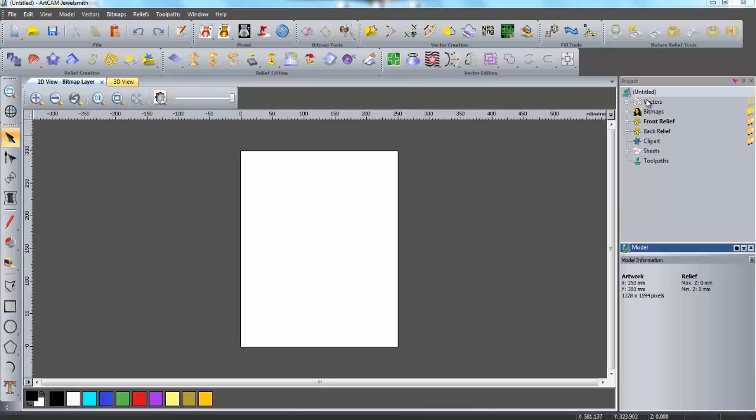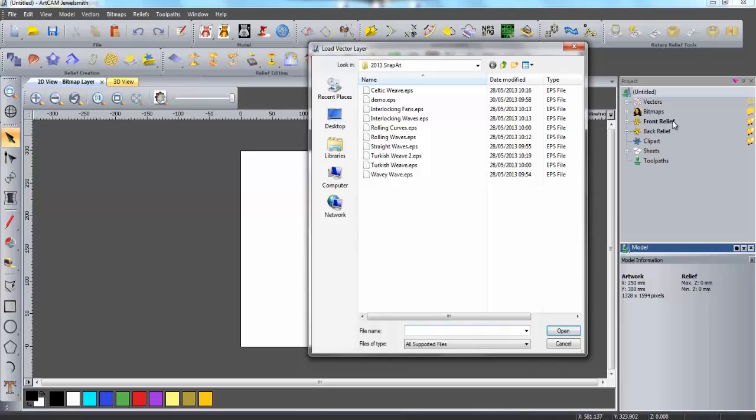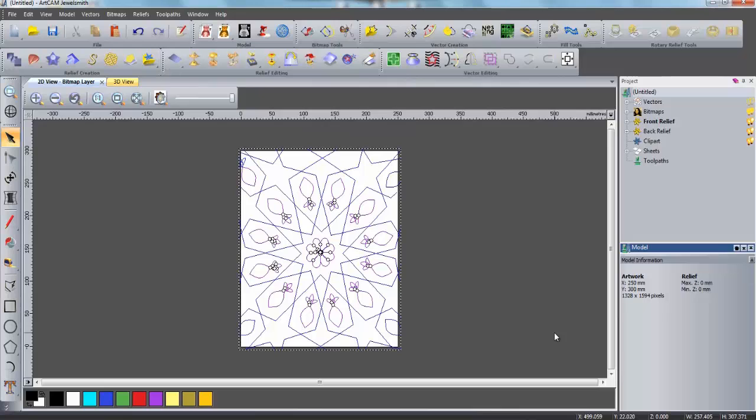To begin with, right-click on the Vectors tab of the project menu and select Import. This will take you directly to the vector layers library. You can see my vector layers that I have already saved. I would like to continue using the Turkish weave, so I select that here, select Open, and the vectors are